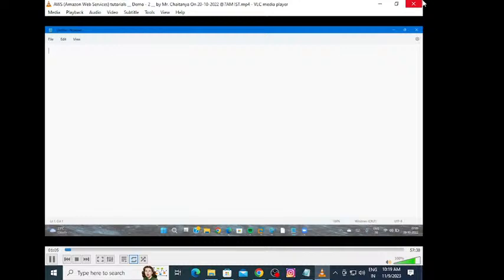I just want to repeat what is cloud, and then I will enter into what is a data center, and then we will go with the servers, physical servers, how physical servers will be looking like, and what are the different physical servers, rack servers, and then how networking will be configured. And before entering into AWS, we will go through some of the basics of networking concepts, and then we will be going into the